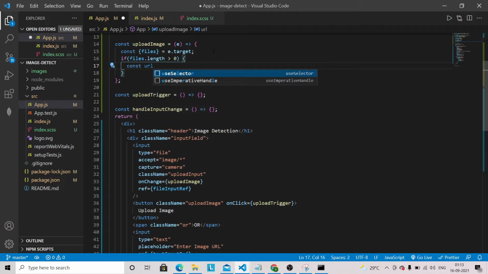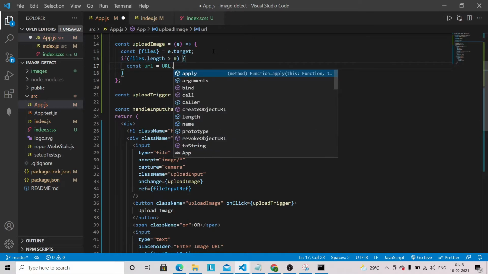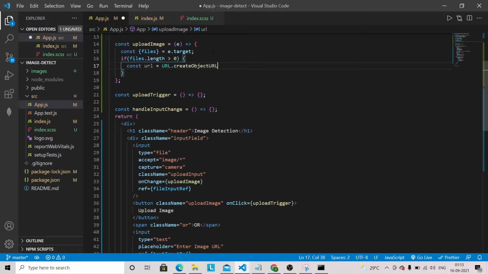The const url equal to URL.createObjectURL, and so here it will be like files[0]. So it will always contain only one length of array, and we are going to target only the 0th index because it will only hold the single value in the files array.